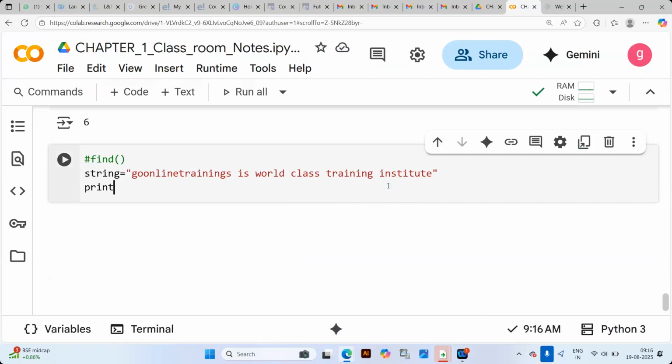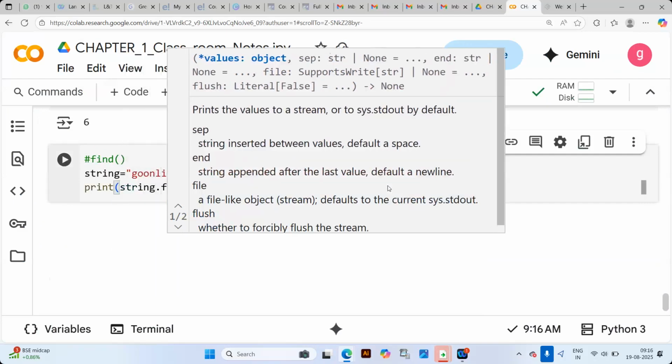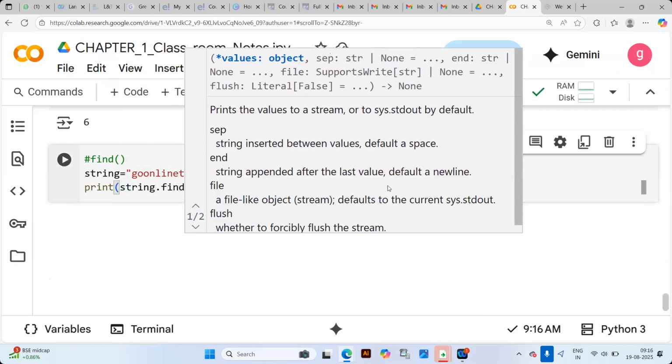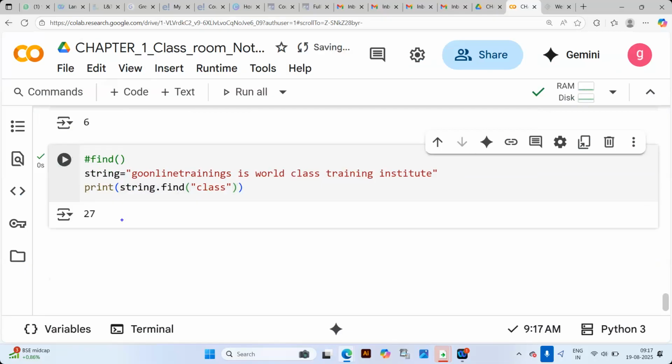For that, print string dot find, with the substring you want to find, class. Find returns the starting index of class as the output. You see, 27 is the output.